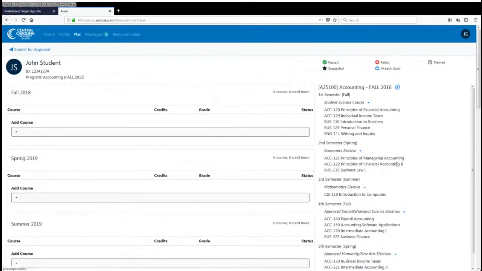As you go through and plan out classes, a little plan icon, which looks like a little clock, will then appear next to that class, indicating that you have planned it for a future semester. As you go through your educational career here at Central Carolina Community College and you complete classes related to your program, those classes will get a little green check mark next to them